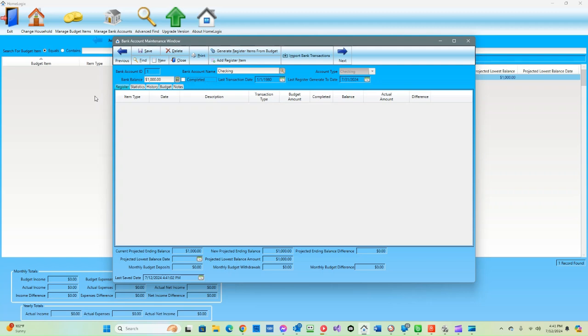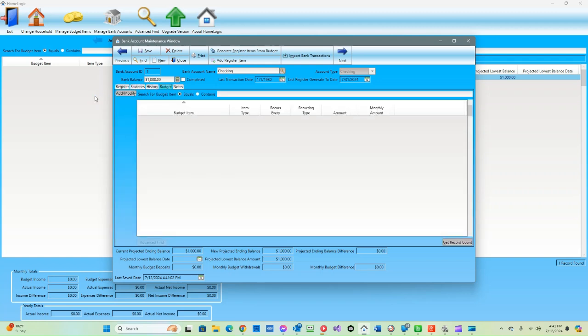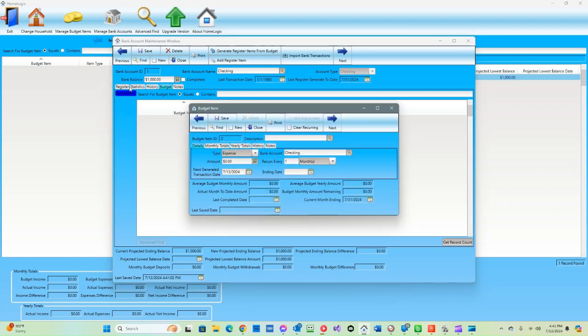Okay, now we want to start adding budget items. A budget item is usually there for recurring expenses, but it can also be one time only or non recurring. It's just a budget item, a bucket to put your money into. Okay, click Add Modify, and we get a new budget item. Now, what we can do is give it a description. So maybe this is the electric bill,